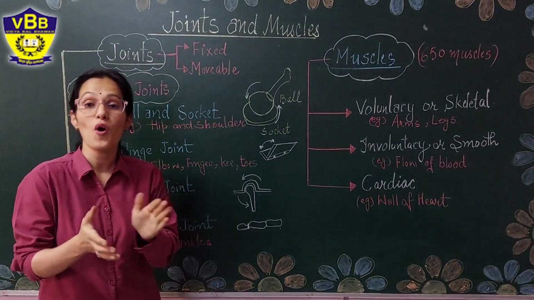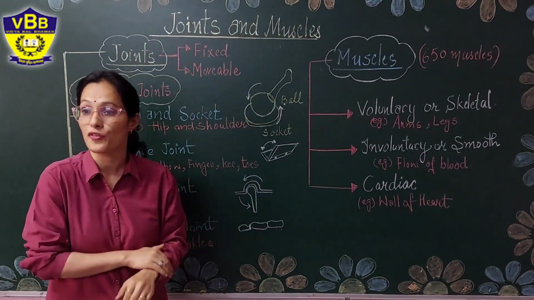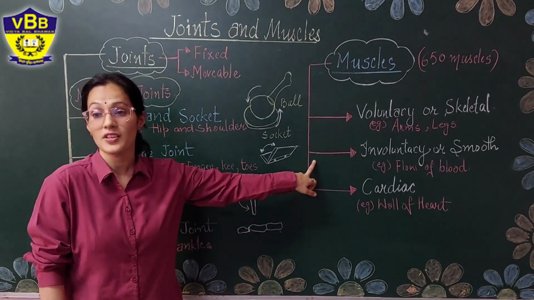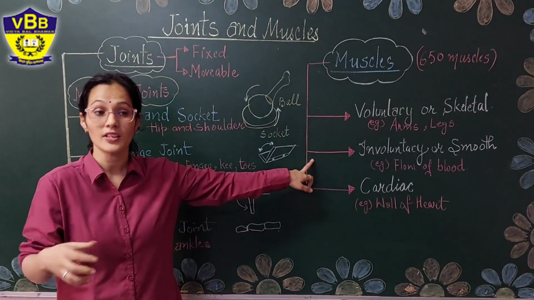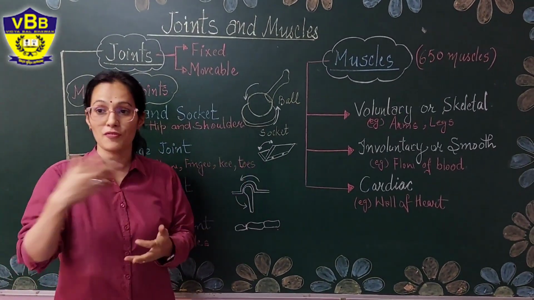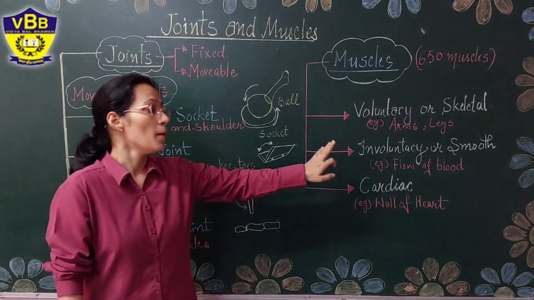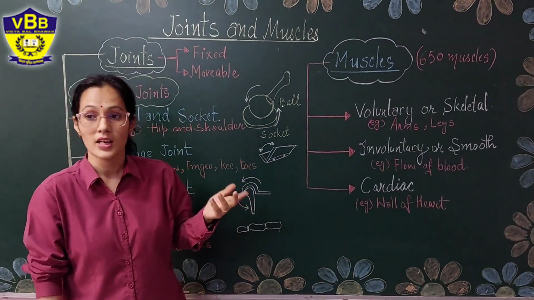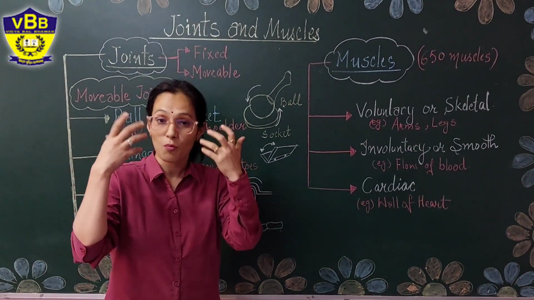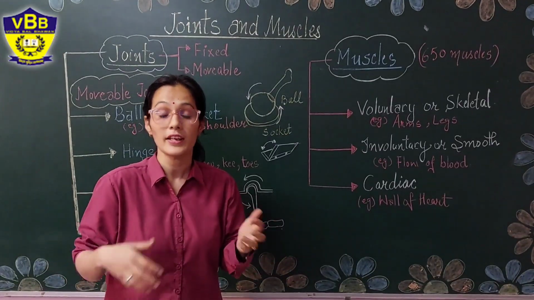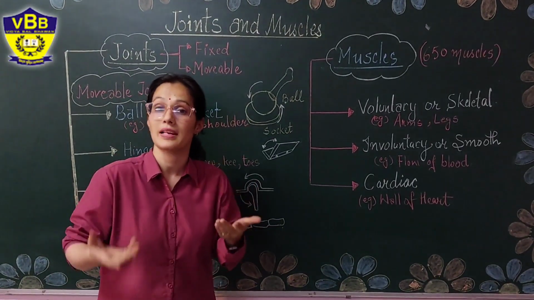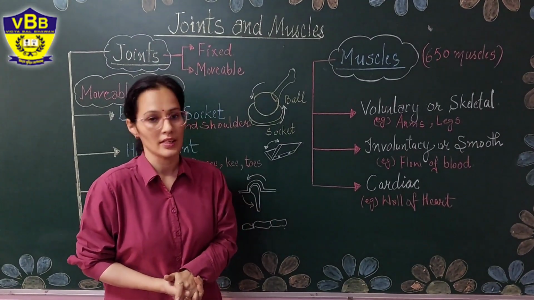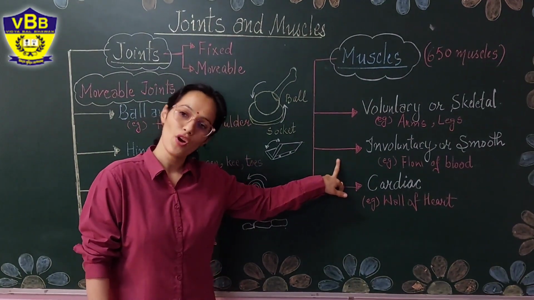Yes, very good. The flow of blood in your capillaries or in your veins are examples of involuntary or smooth muscles. We can't stop the flow of our blood, we can't slow it down, we can't make it fast. All these types of muscles are not in our control, so we are helpless here. Like the blinking of our eyes. Sometimes when I am talking to you, most of the time I am blinking my eyes, but it is not in my control. It is happening automatically. Eye muscles do their work automatically. Such types of muscles are involuntary muscles.